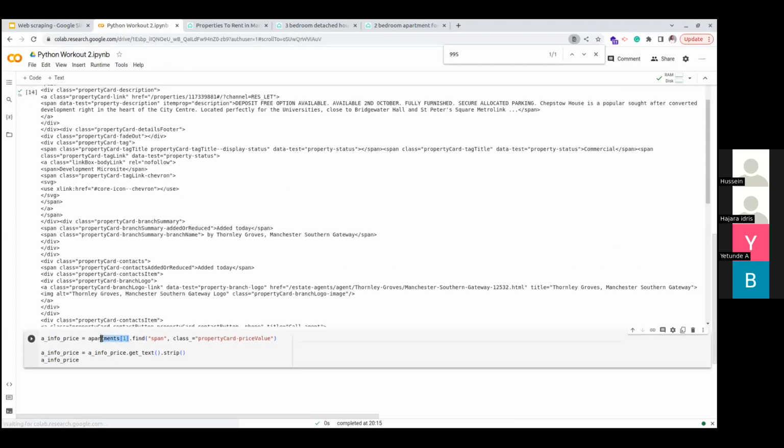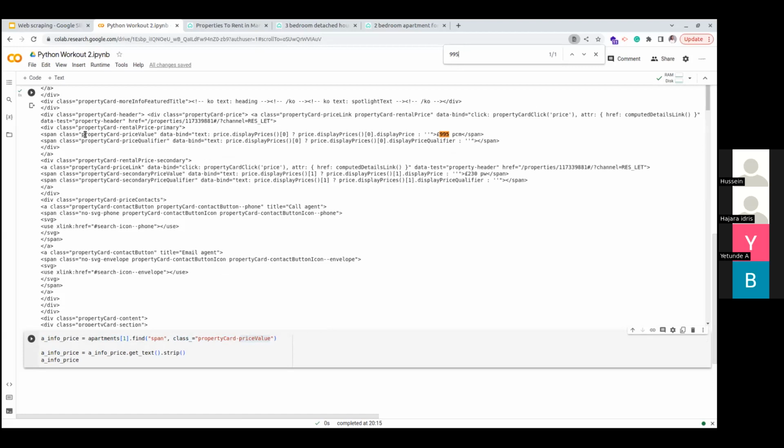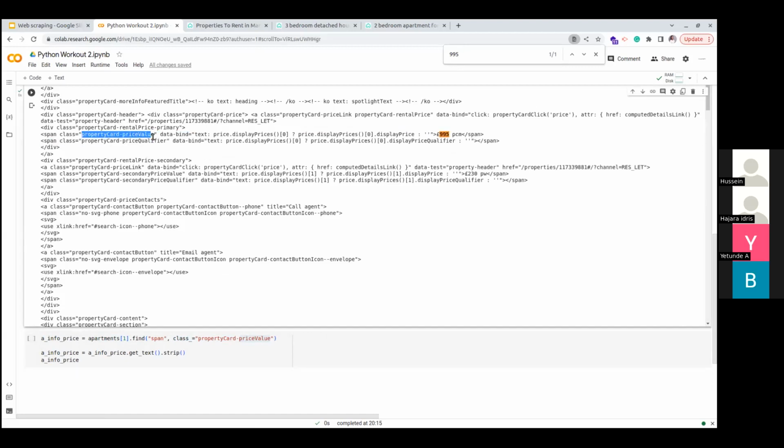So I'm selecting a particular apartment, right? Because the apartment again is all the things inside that div, and I'm saying find a span that has the class. So you don't write the class as just ordinary class, you put an underscore in front of the class. So you say find a span that has this class property card dash price value, because like you've seen here, in our 995 is property card dash price value. So it's more like you're doing a find inside that tree. Like if I have a tree of houses, just see it like maybe you're doing a query.